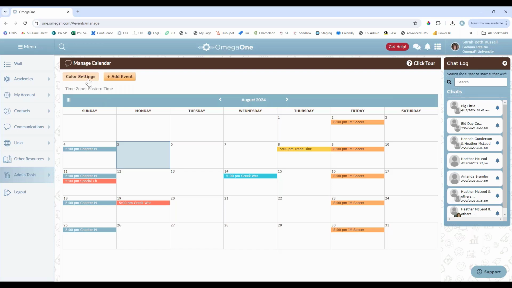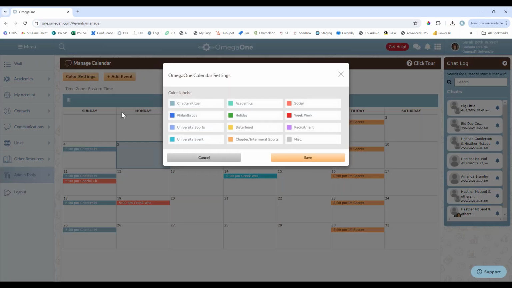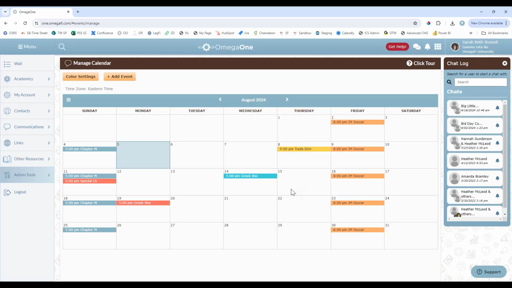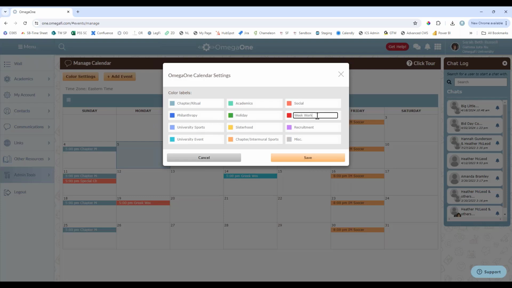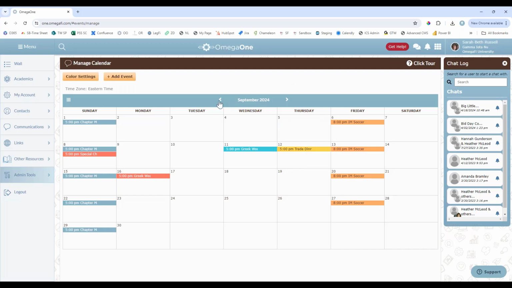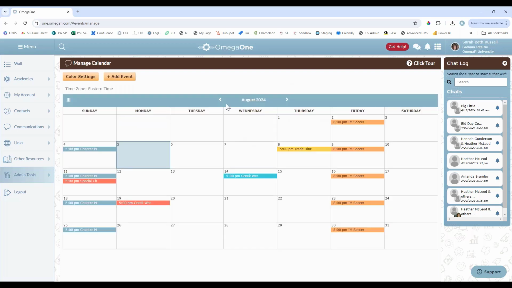So the first thing we'll look at is up here, you can do some color settings. We have several different color settings here. The labels you choose are up to you, so you can edit these accordingly, whatever labels work best for you. And this just helps to organize your events by color, to help it be a little more distinctive what events are happening. If certain things are particularly important, you might want to do that. Work week, obviously, is normally a pretty big week for recruitment, so we have that as red. Depending on how you want to structure that, you can. And as you can see, it'll just show that event in whatever color you have that in.